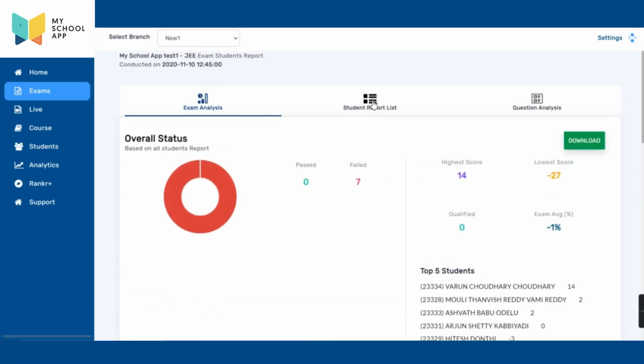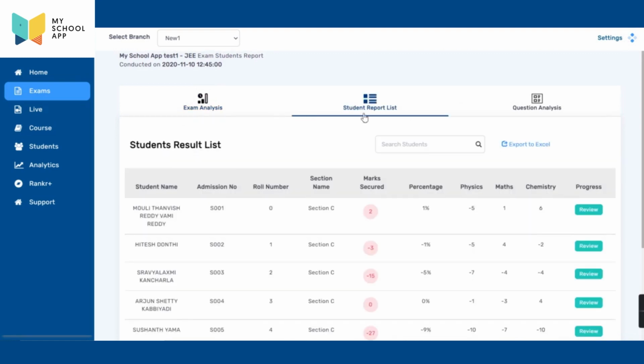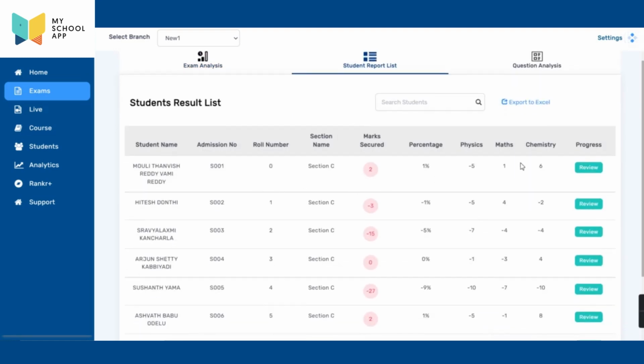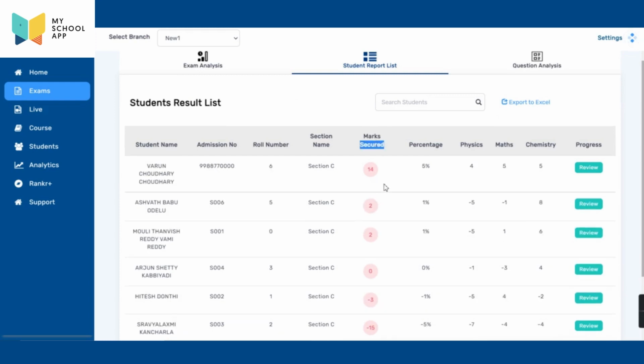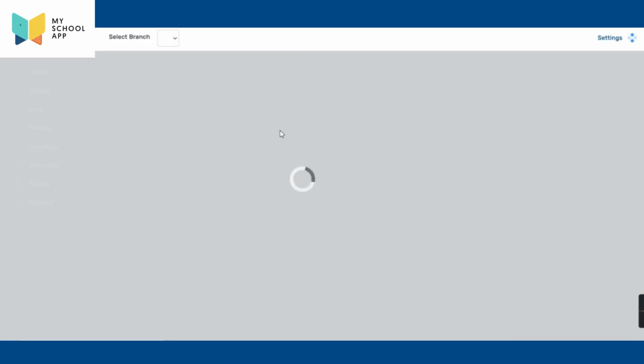When you conduct an examination on a holiday and students are writing the examination from home, you can open this page and see how they are writing. If you double click here, the toppers will come up in descending order. If you want to check the pattern of this student, you can just click on the review. You can see the pattern of answering of the student, in which you will have a complete analysis of the student.